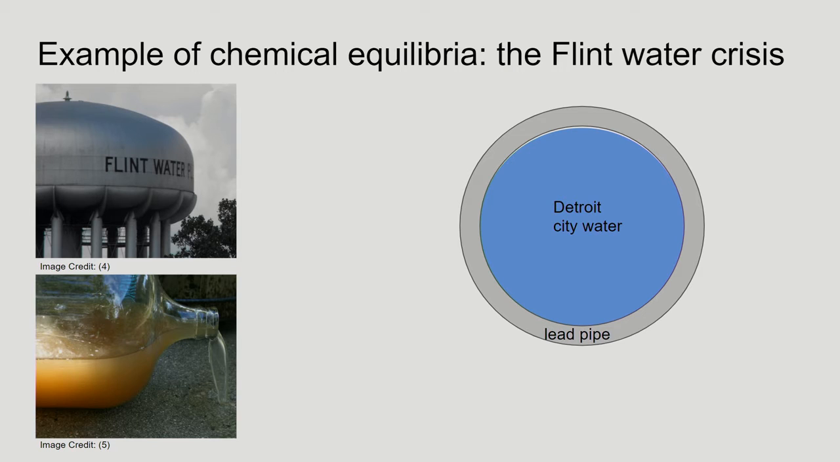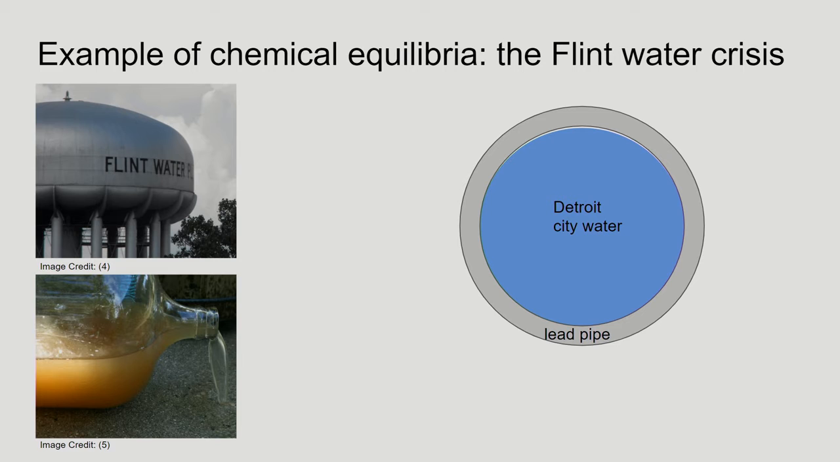overall understanding of geochemistry. But today I'm going to leave you with a story of when chemical equilibria had a dramatic and long-lasting impact on the health and well-being of people. And this story is the Flint water crisis of 2014, which occurred in Flint, Michigan. And I'm sure many of you are familiar with the Flint water crisis, but perhaps did not understand the chemistry